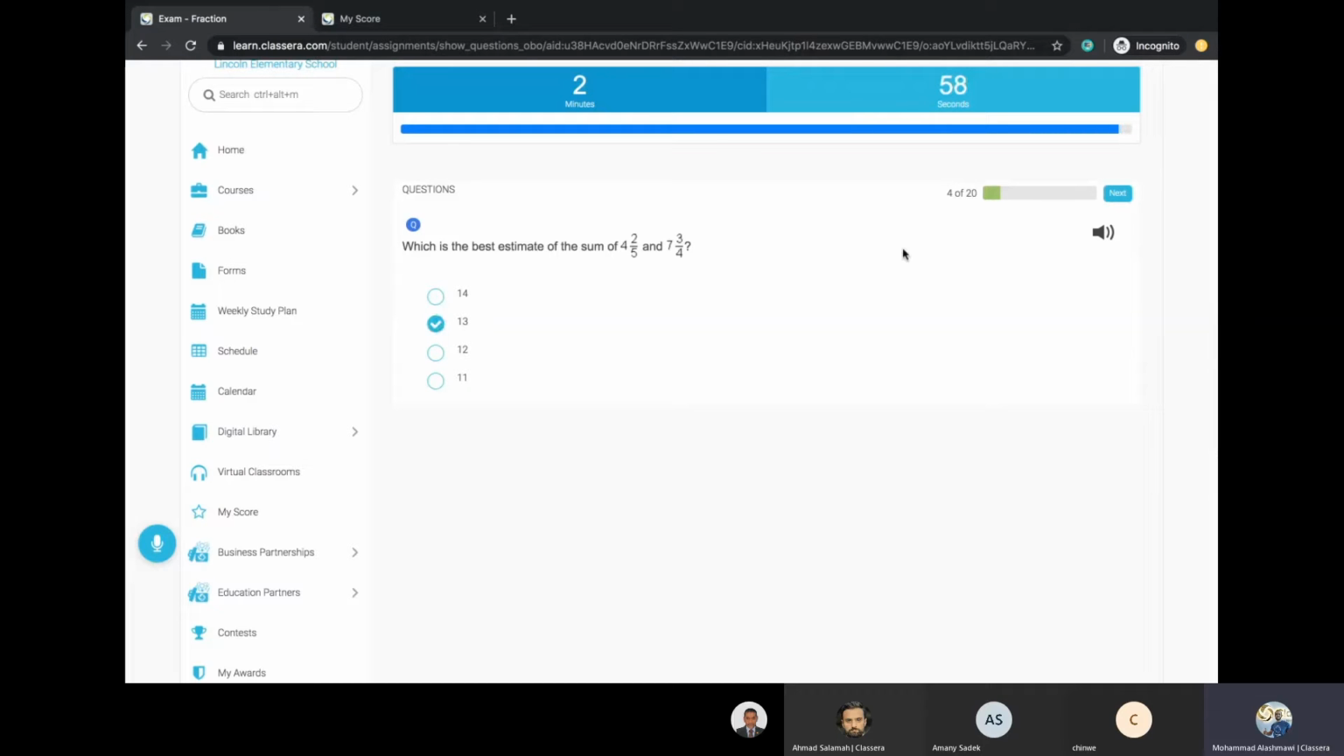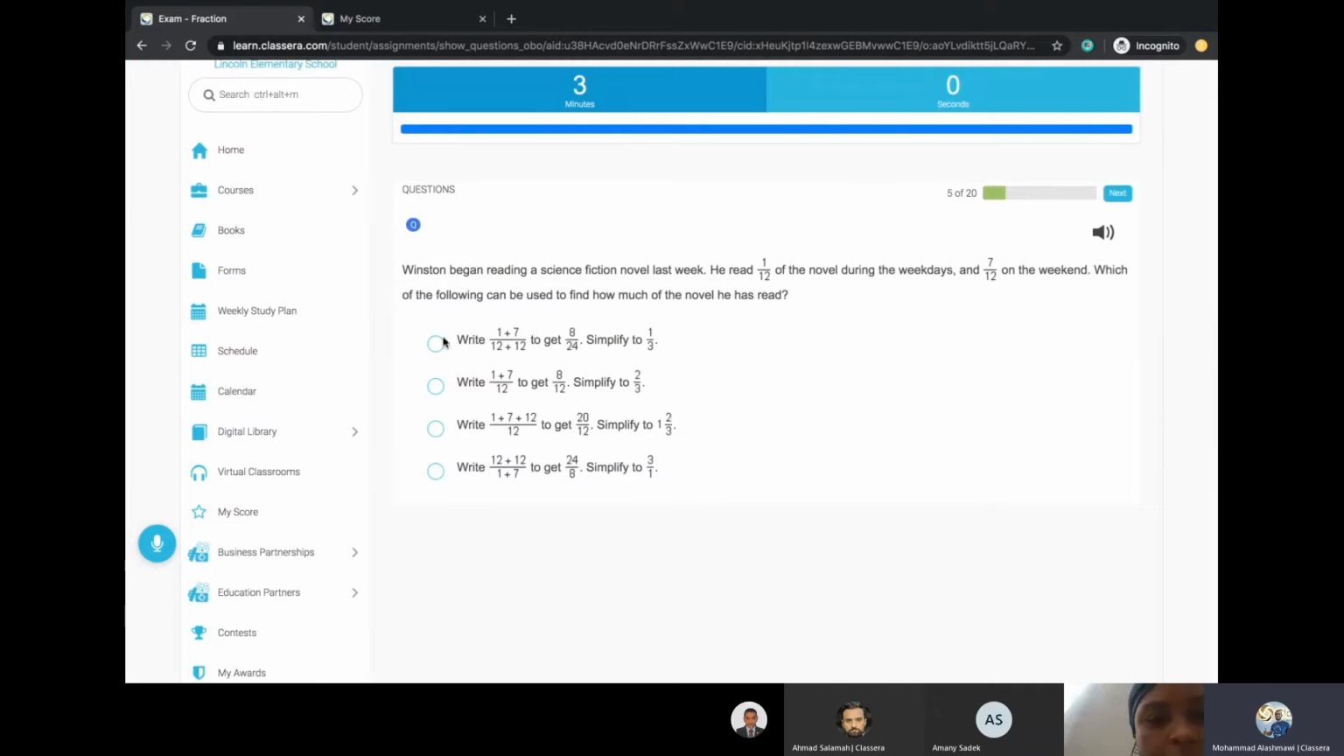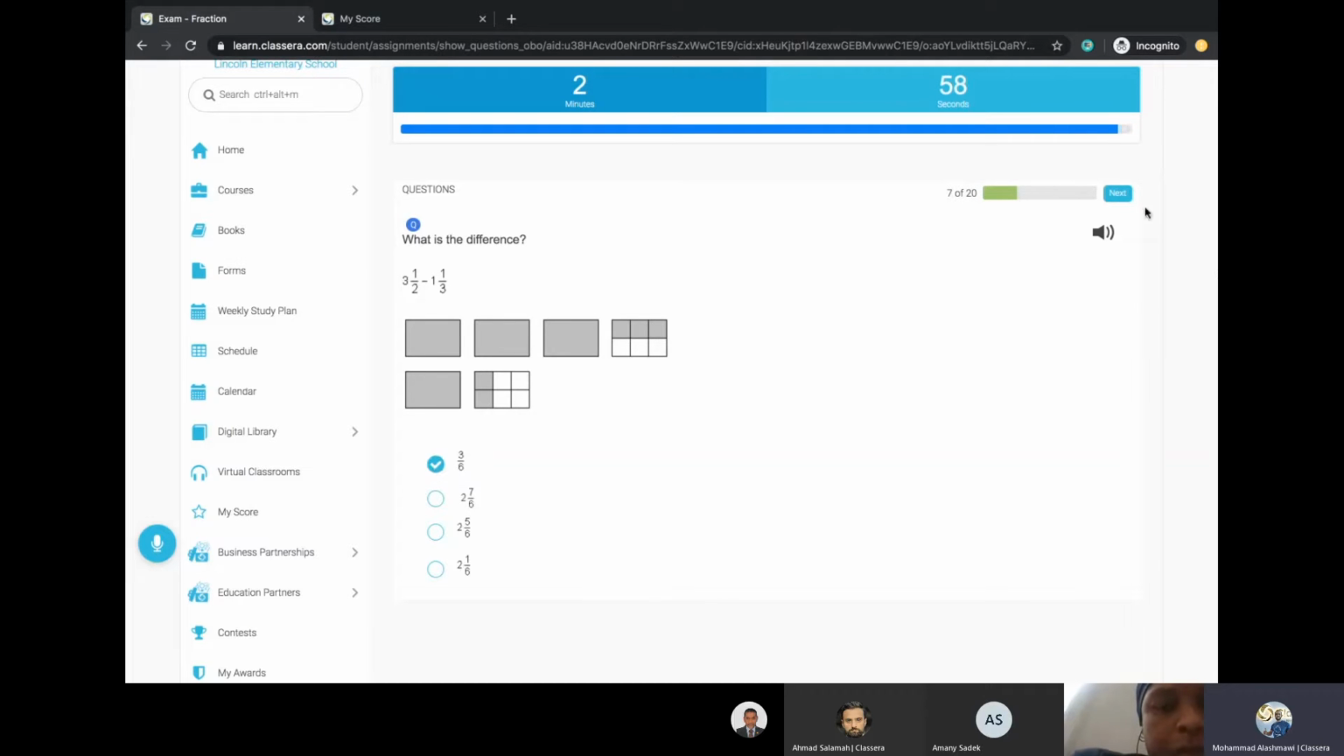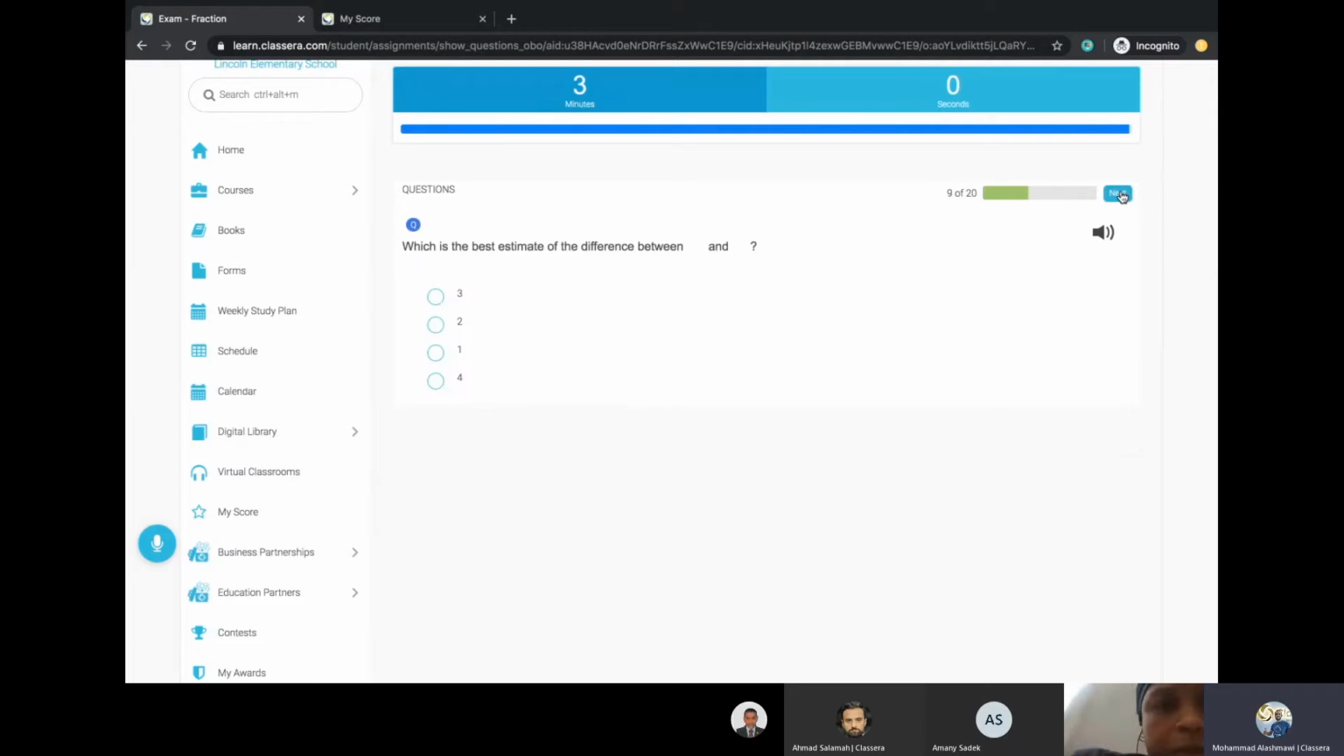Of course, we have different types of questions. So you have the true false, you have the multiple choice, you have matching, you have hotspot, multiple types of questions. Probably this exam is all true false, as you can see. I'll skip the next questions and let's see when the teacher actually